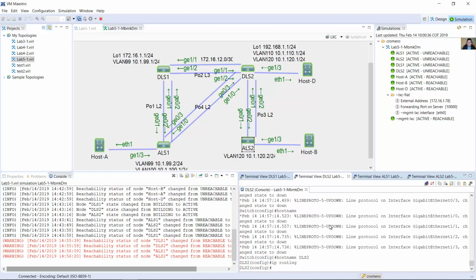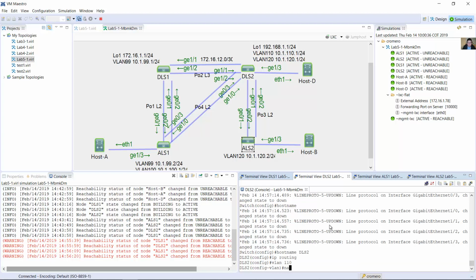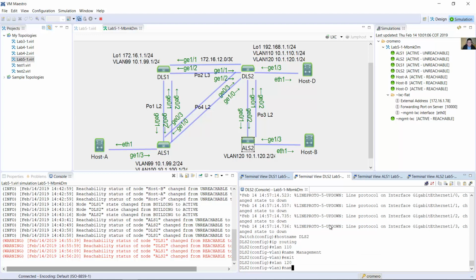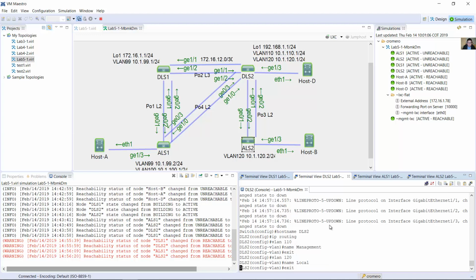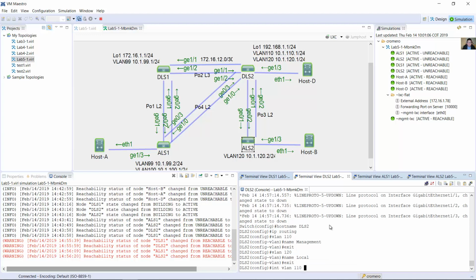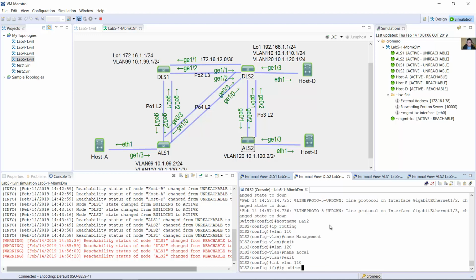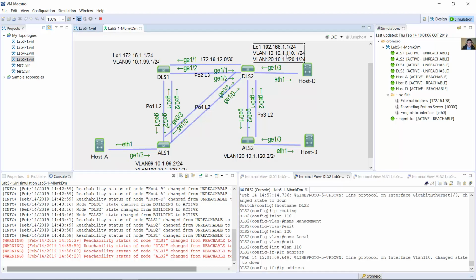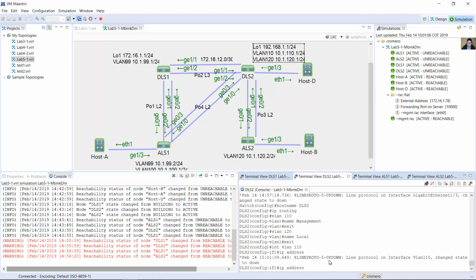IP routing, VLAN 110, name management, exit, VLAN 120, name local, exit, interface VLAN 110, IP address, this IP 10.1.110.1, subnet mask 24,